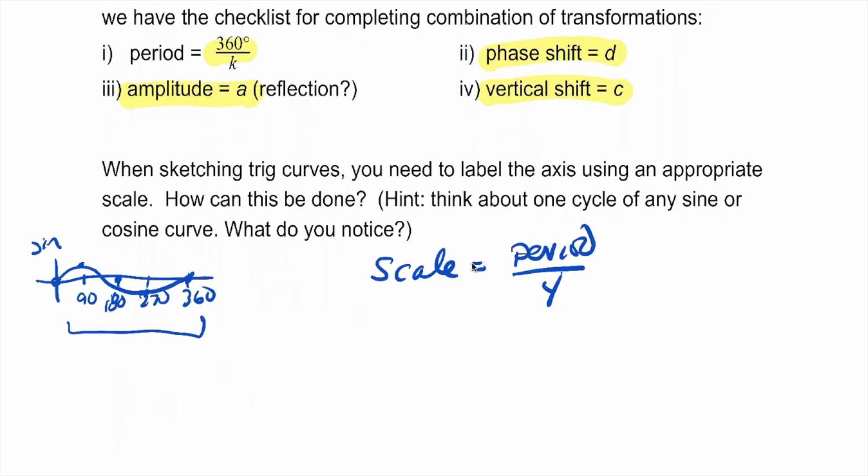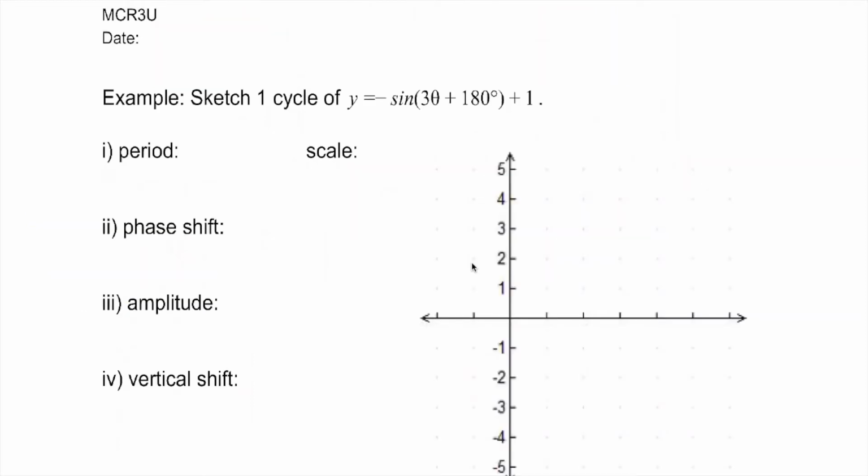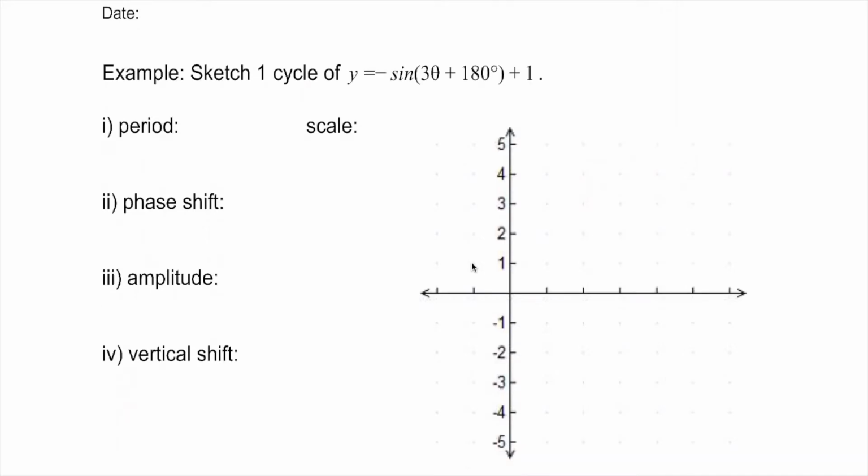So here, let's get to some examples. So here's a sketch. Again, here's our equation. And the first thing I notice is that there's a k value, and so we're going to factor out the k value. So in this case, we're going to get y is equal to minus sine of 3 theta plus 60 degrees